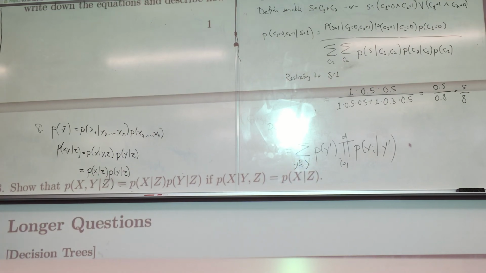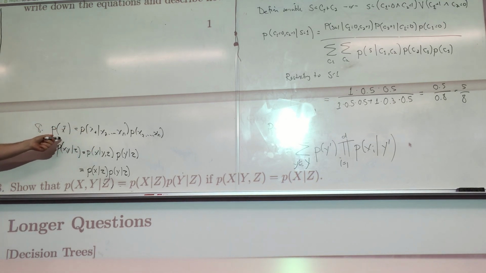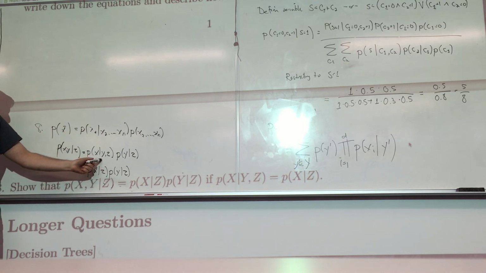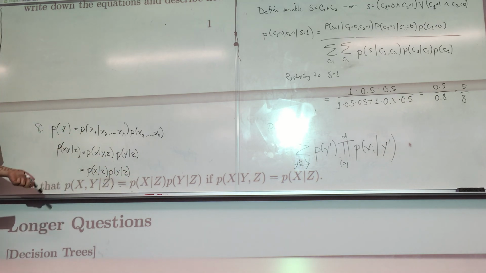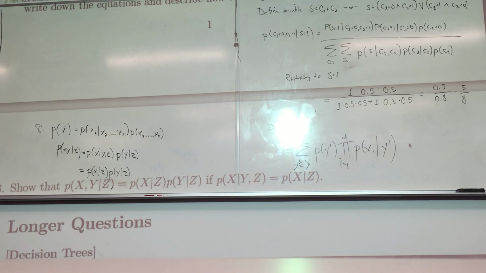So show that P of x, y given z equals P of x given z times P of y given z, assuming we know that. All it is, you just have to break this by the chain rule, and you're done. I mean, this is the only step. So our x1 through x7 features